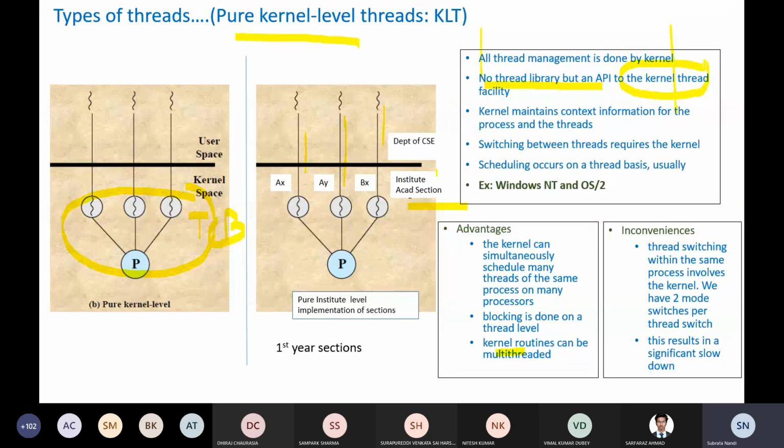So you are creating kernel level threads. It's something similar to the creation of processes. Through that you create them, and these threads are scheduled by the kernel or the operating system. They are maintained. Context switching overhead is definitely high, and